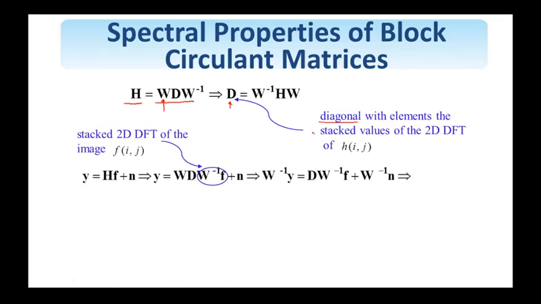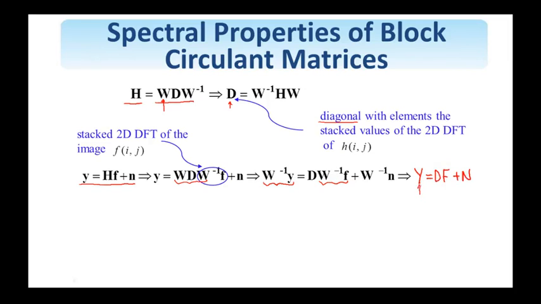So then, if I start with the observation equation as shown here, I substitute the value of the decomposition of H here, and then I pre-multiply with W^-1 to obtain this. So W^-1 Y represents the stacked values of the two-dimensional DFT of Y, and similarly W^-1 F represents the stacked into a vector values of the two-dimensional DFT of F. So in other words, this equation is equal to Y = DF + N,